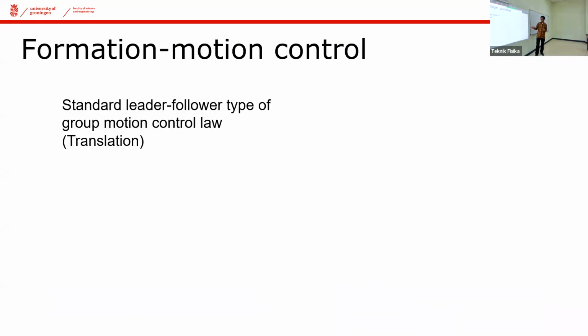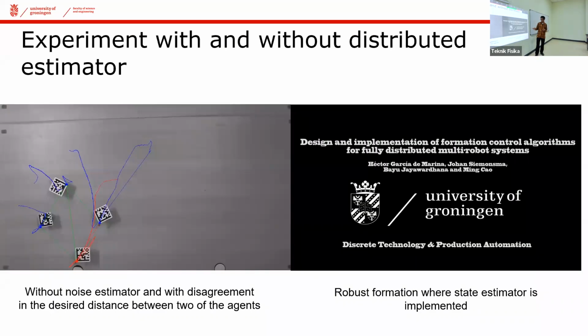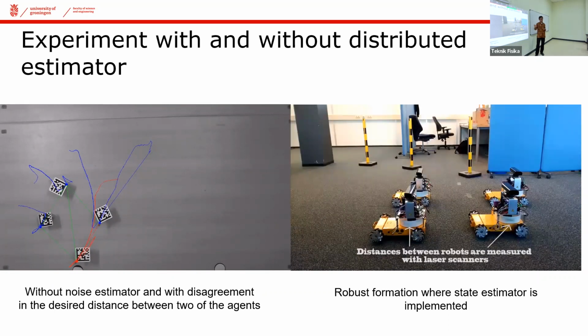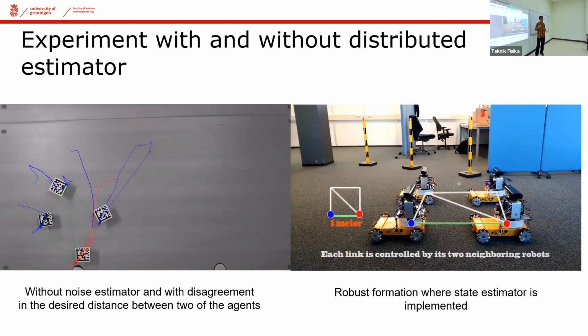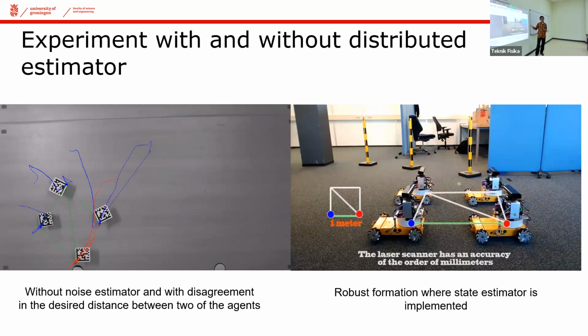So when we look into the example on the right, they are using LiDAR. Each agent uses LiDAR to measure the distance to its neighbors, and that distance information may not be the same between one another because of calibration problems. When they are not calibrated properly, one may have a slight difference from the other. Even a difference of just 1 millimeter in the LiDAR can already introduce a bit of a problem. That's what I meant by noise.